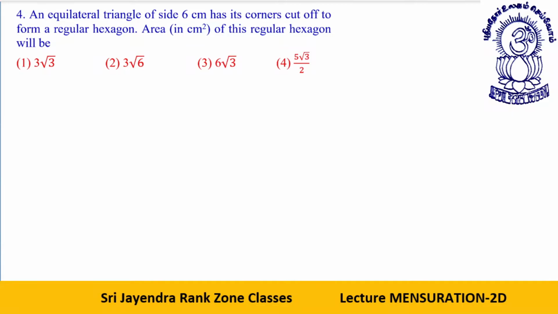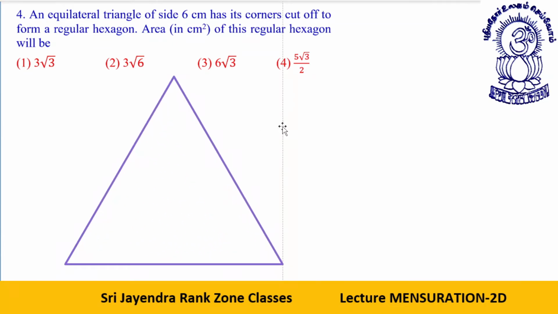Let me show you the beauty of this question, dear students. I take a regular triangle, equilateral triangle first. Okay, this is an equilateral triangle. Now I have to chop a corner out of this to form a regular hexagon. See, I have to chop three corners like this. Suppose I chop this one corner, I chop this one corner, then I chop this one corner.